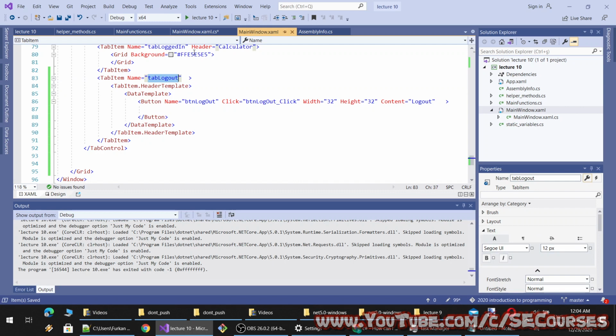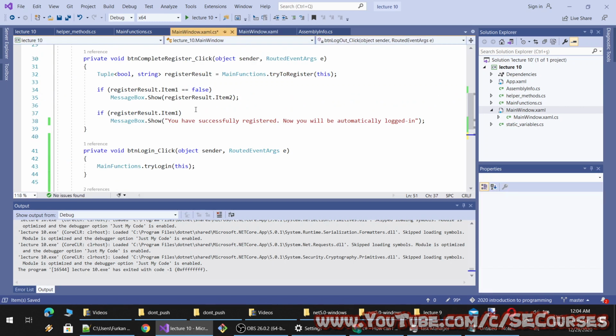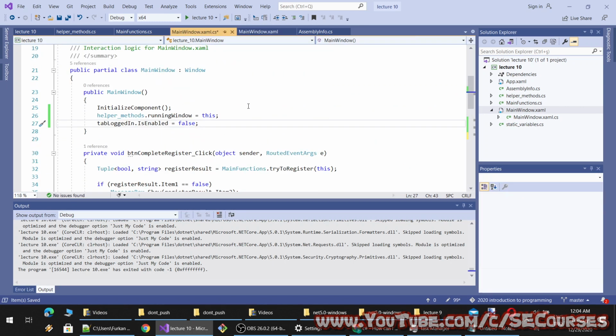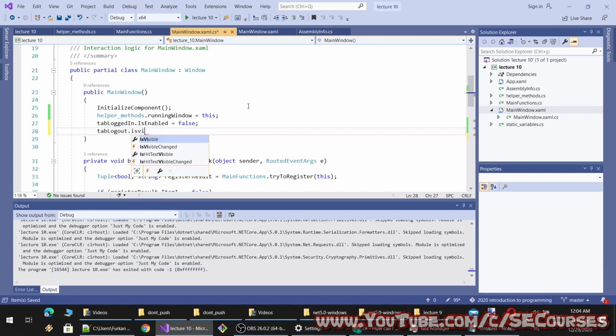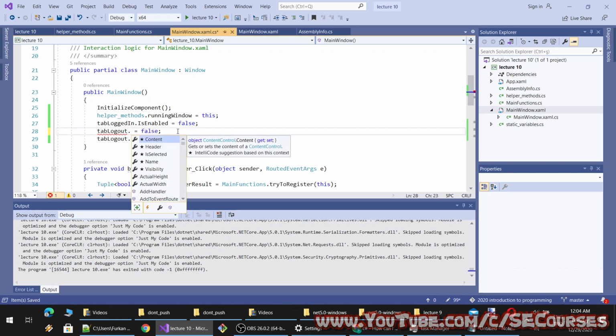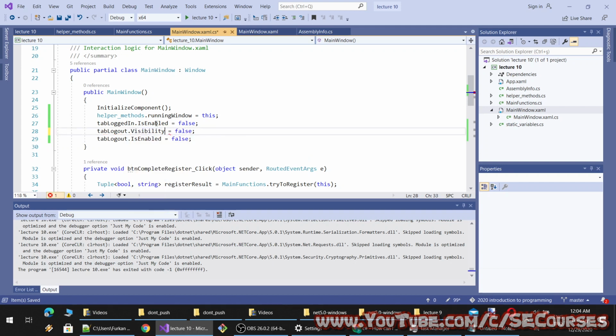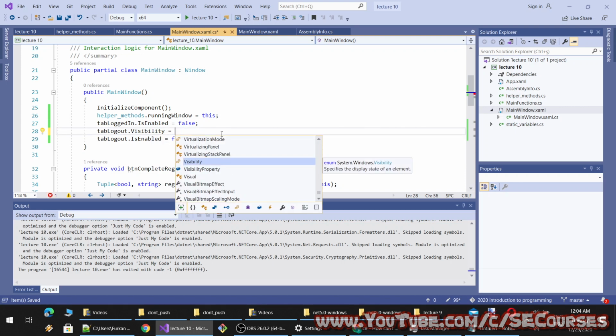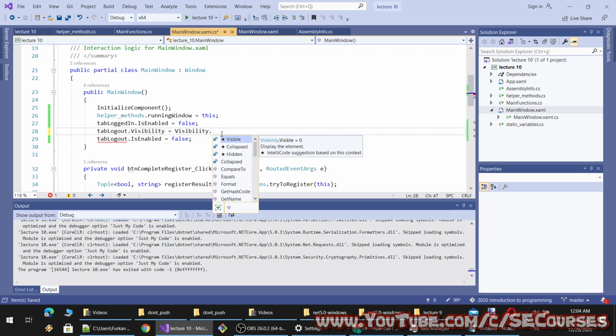Okay, the logout tab will be hidden at the beginning. Therefore, is visible false, is enabled false, and oh, it is read only. So how can I make it invisible? Visibility. And from the visibility, I can set it as visibility dot hidden. Okay. Enabled false.